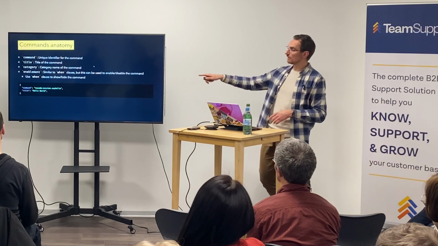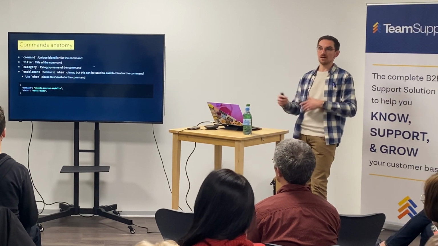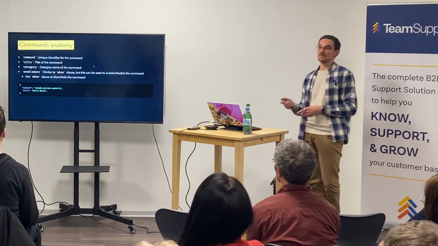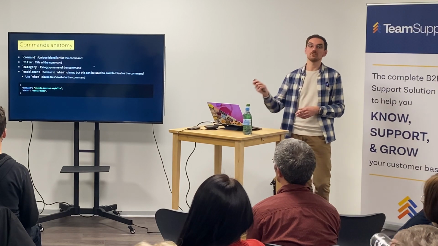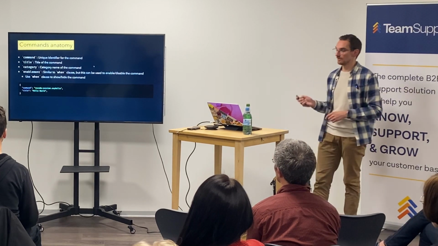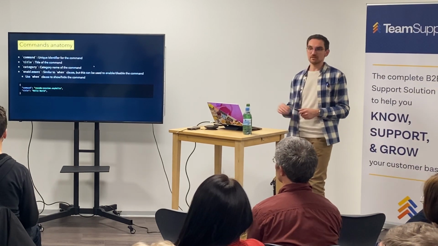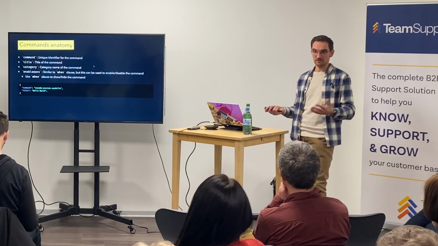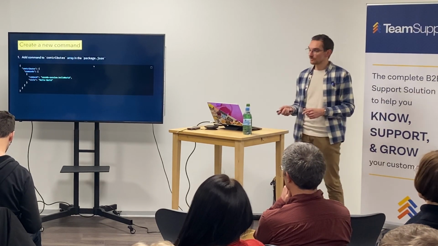There's also the when clause. If you go deeper inside VS Code development, it's very similar, but with when you can show or hide a command. With enablement, you can enable or disable it. So that's the thing you need to look for. So a default one is command and then title. That's what you get out of the box. That's also what we are going to extend. You will see that it's